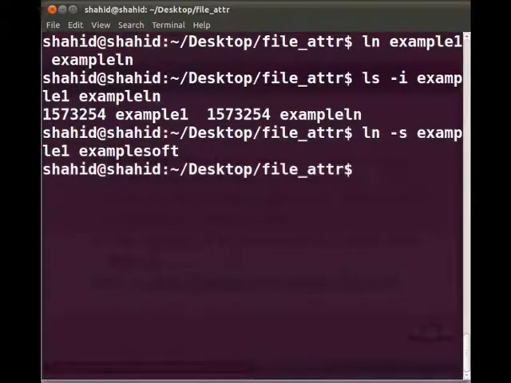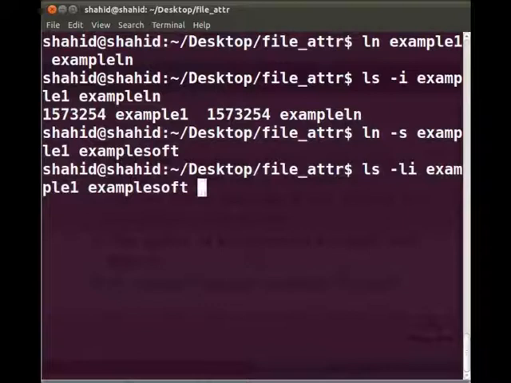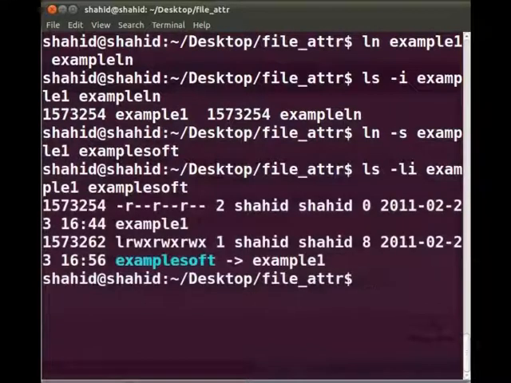Now to display the inode number and list of both the files, type the command ls -li example1 example_soft. Press enter. Here we can see that inode number of both the files are different and example_soft is soft link of example1.